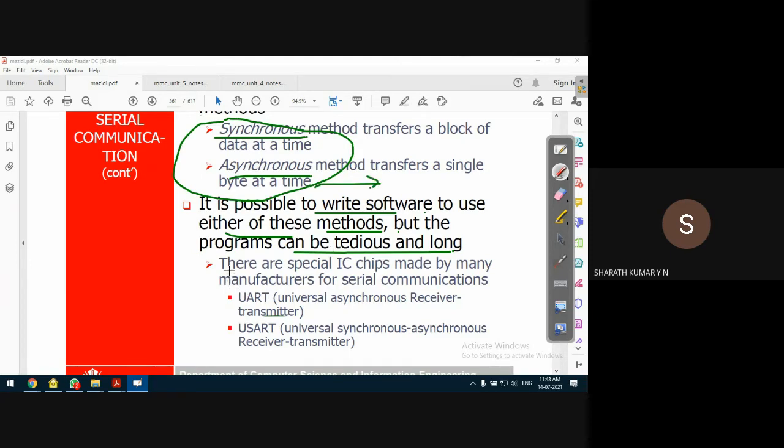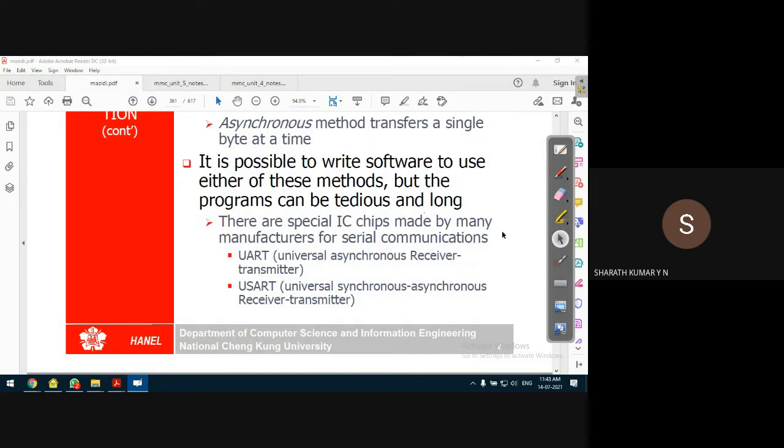Nowadays, readily available solutions exist in the market. There are special ICs, integrated circuits, made by many manufacturers to provide serial communication between multiple devices. These devices are called UART or USART.